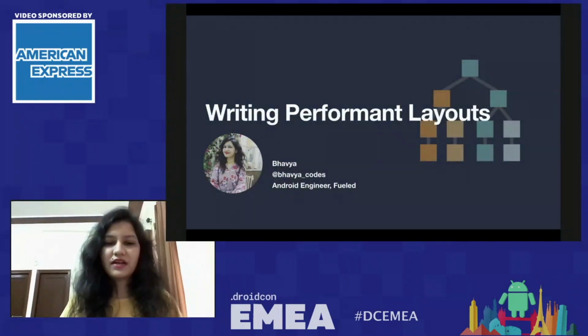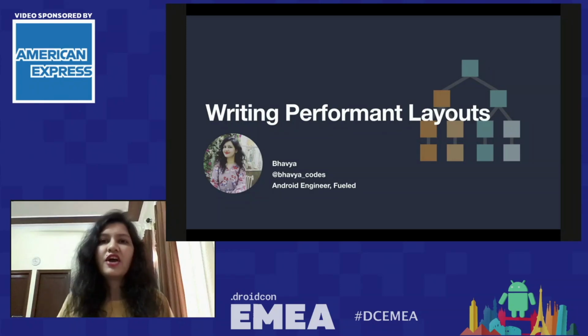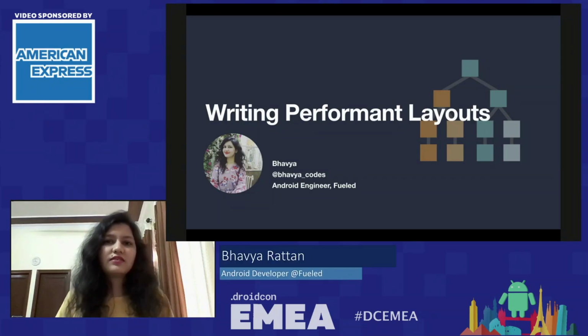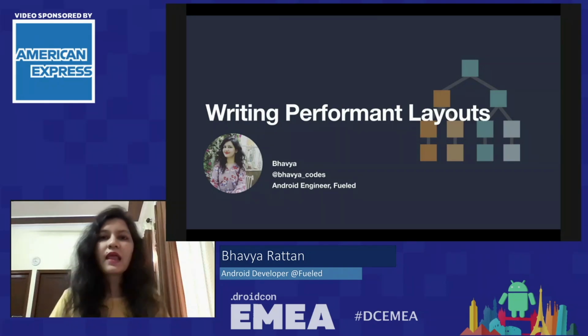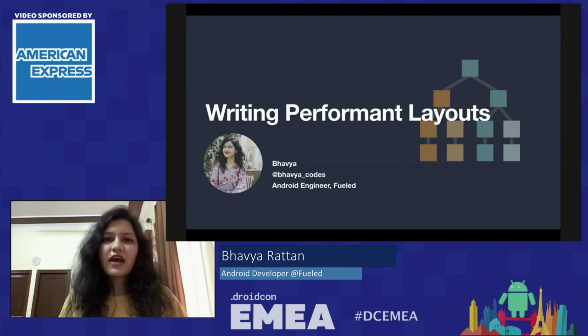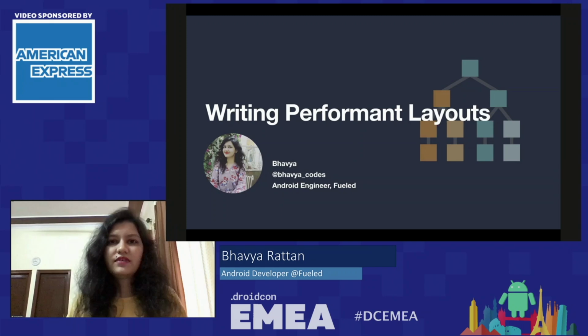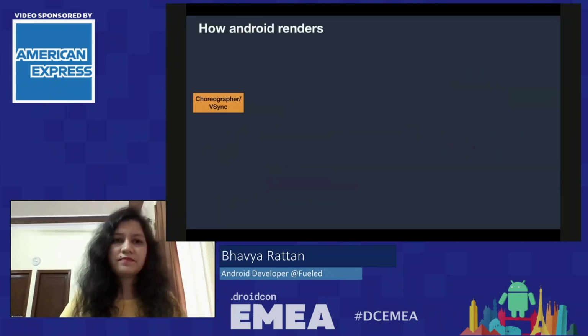Today, I'm going to talk about how to write performant layouts in Android. With the ever increasing complexity of mobile applications, you would always want to avoid user reviews like "this app is janky" or "it is too slow on my device." So, what causes this jank behavior? We are going to learn that now, how to diagnose the problem, and then finally, some tips on writing performant layouts to fix it. So, let's get started.